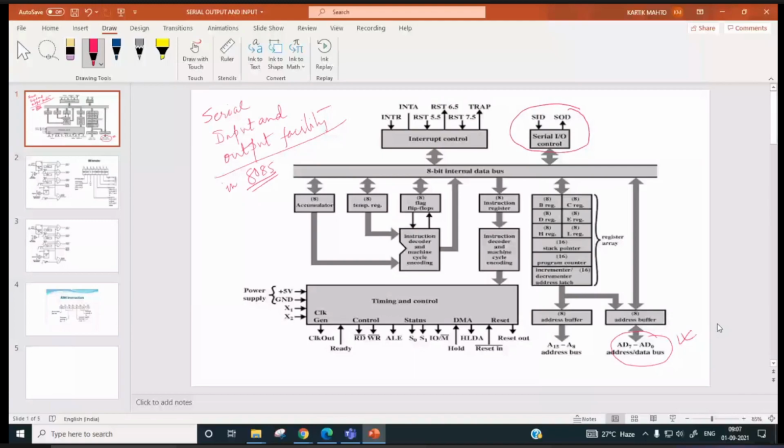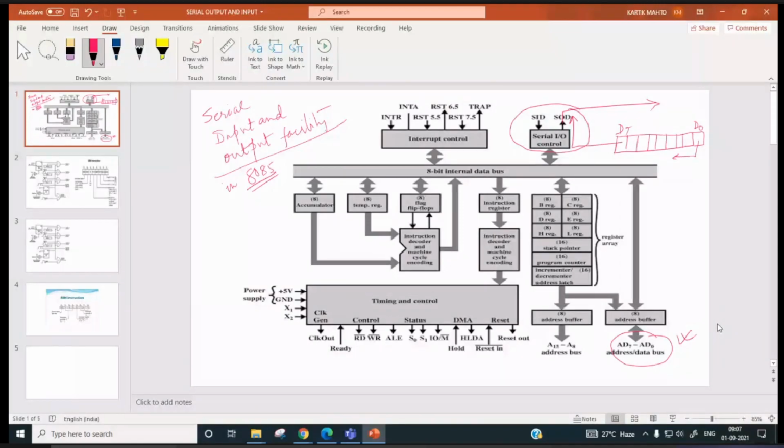Now, outputting of data serially via the SOD pin, we can do this way. Suppose 8-bit data is D0 to D7. Either we can output D7 first and D0 last, or D0 first then D7 last.